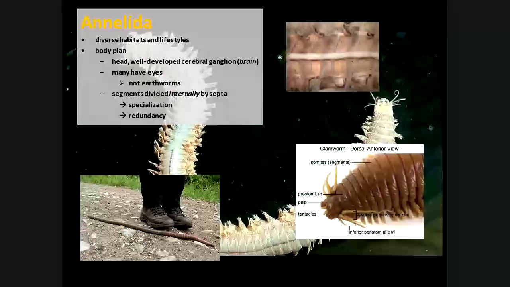Segmentation allows compartmentalization, allows them to specialize, allows redundancy. I said the other day about kidneys in each of the segments. The little white lines, those are the kidneys. And they're repeated in every segment. Now, just for fun, if you want to know what the world's largest earthworm was, there it is. I think it's in the tropics somewhere.